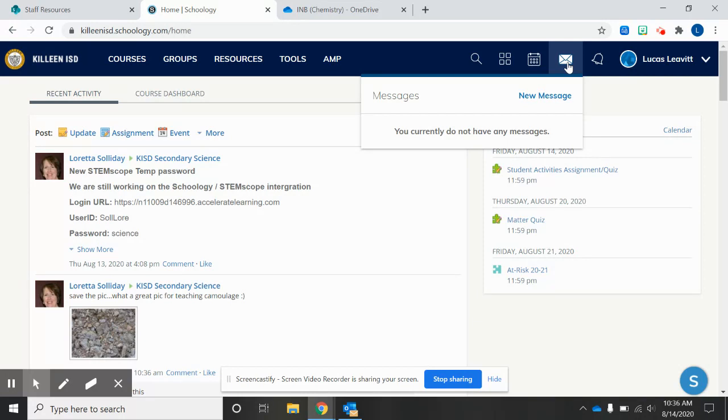With us being distance learning, we are going to communicate with you through Messenger. In Schoology, you need to check those messages. So if you see little yellow circles up there with numbers, that means people are trying to get in contact with you. You need to check those messages. So that's the first. Another thing that's very important is once you get here on Monday, students across all sciences